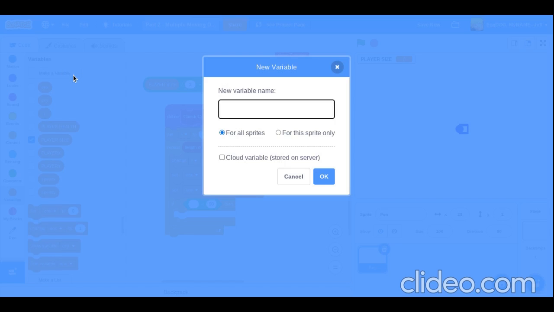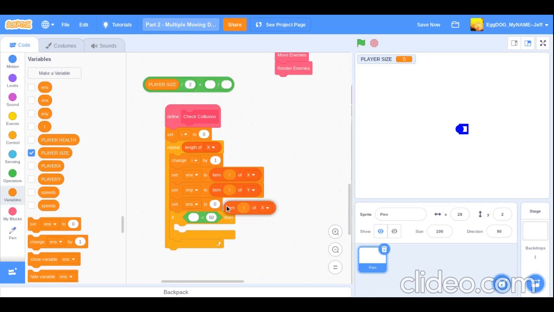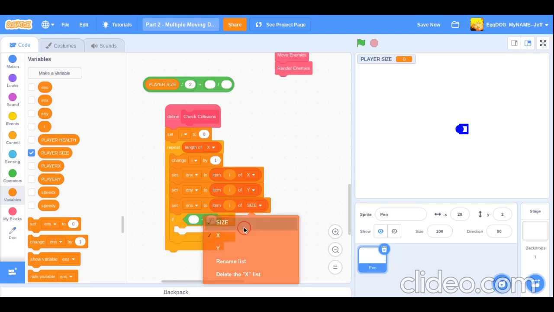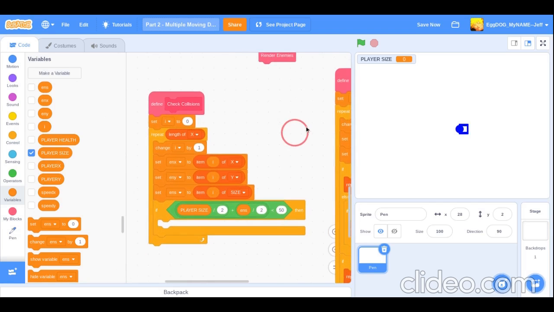we're also going to make a new variable for this sprite called NS, for enemy size, and we're going to set enemy size to item I of size. So what you're going to want to do is player size divided by 2 plus NS divided by 2. So you're going to see if the distance, or the two sizes,